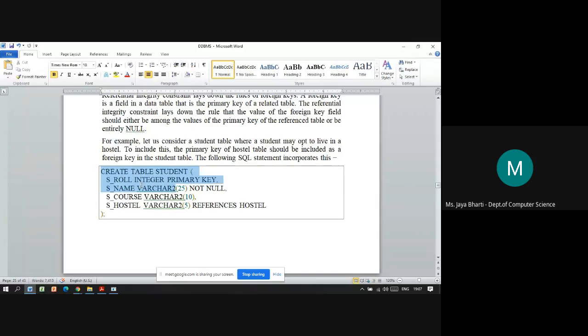See, here is the query which they have written. When we write the create table query, at that time only we specify this referential integrity constraint. So create table student.